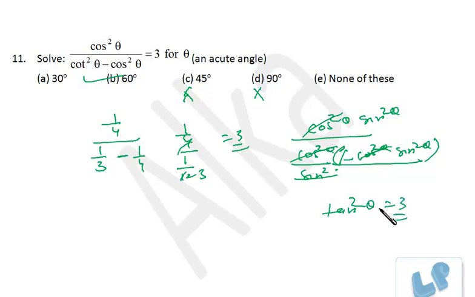And that's 3. So tan theta is equal to root 3. That means theta is 60 degrees. Okay, so this way also you can go. Interconversion should be very fast. We have used sin square theta plus cos square theta as 1 over here, right? To save time, you should be very fast in the conversion of one ratio to another, right? If you are clear, then it's a matter of just 30 to 40 seconds, not more than that.